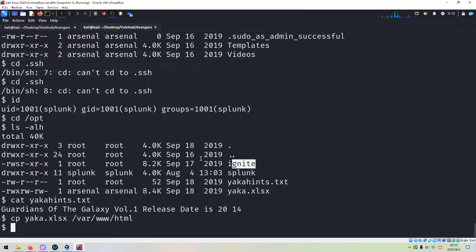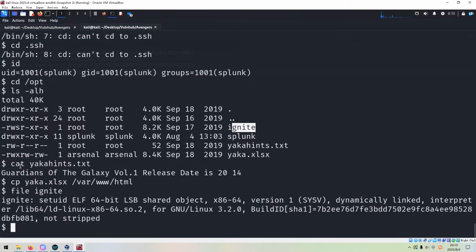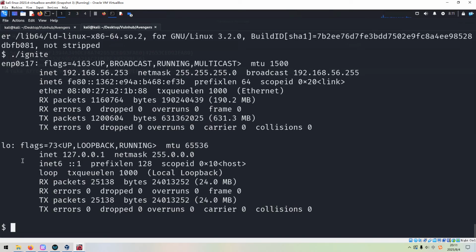And this one, what's this? The owner of this file is root, and very happy to see this file has SUID bit on, and we can use a file command to see what it's about. So this is the Linux executable, and we can run it. From the output of this binary, we can guess